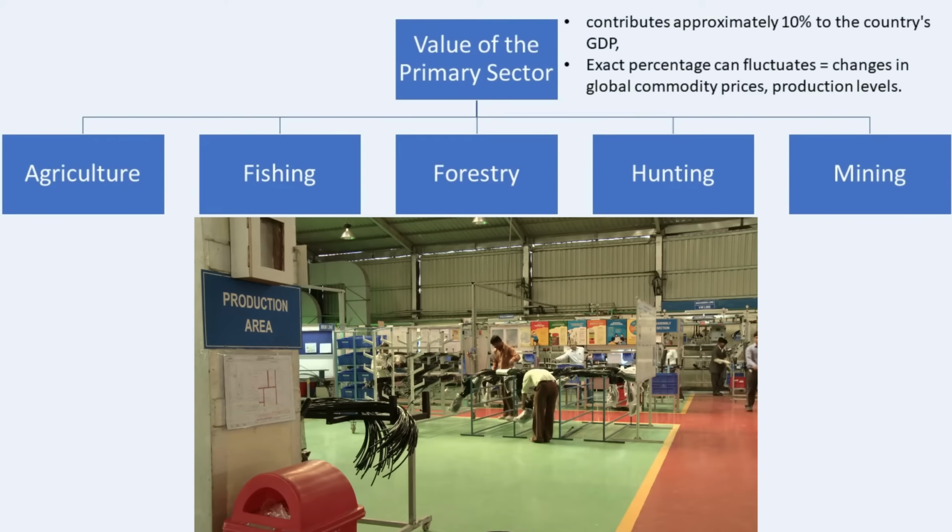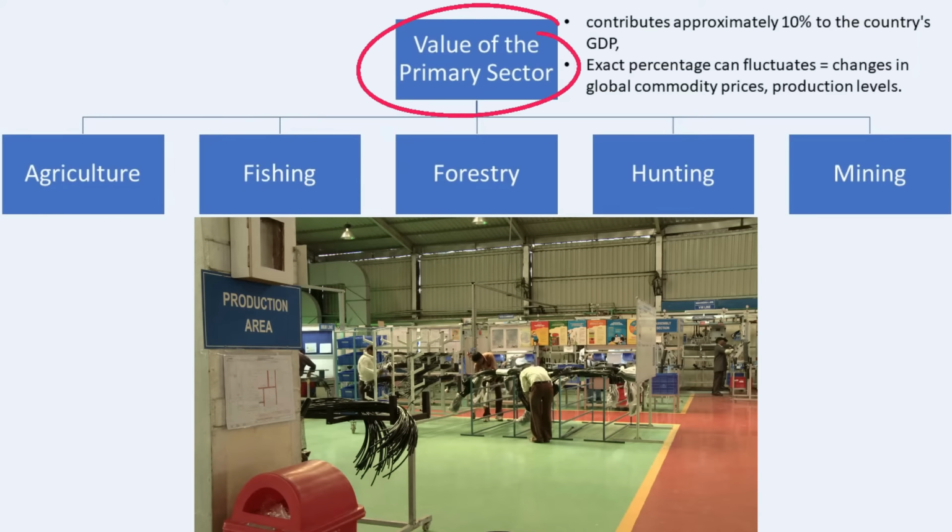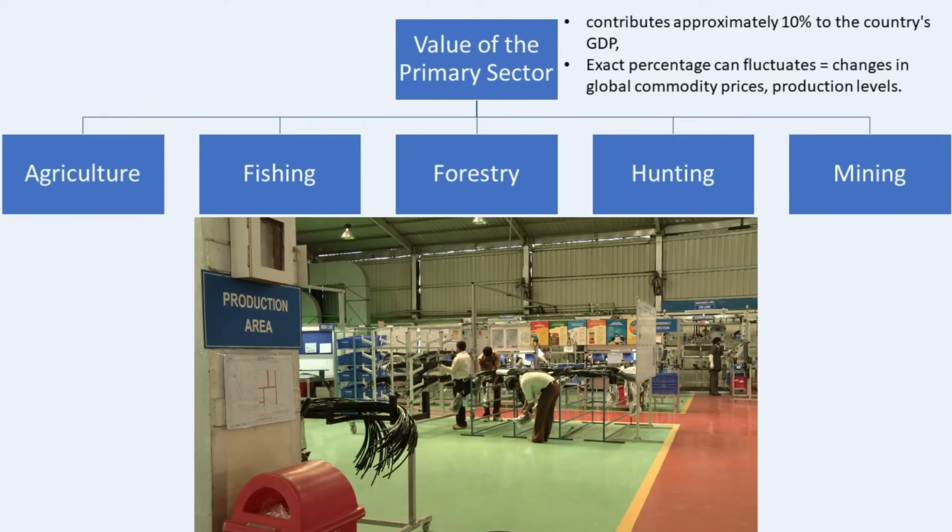Historically, the primary sector was significant in South Africa due to mining, which has been a cornerstone of the economy. However, contribution to GDP from the primary sector has declined over the years but remains important, especially for exports. The primary sector in South Africa contributes approximately 10% to the country's GDP. This contribution varies, with mining typically being the largest component, followed by agriculture and fishing. The exact percentage can fluctuate or change from year to year due to changes in global commodity prices, production levels,